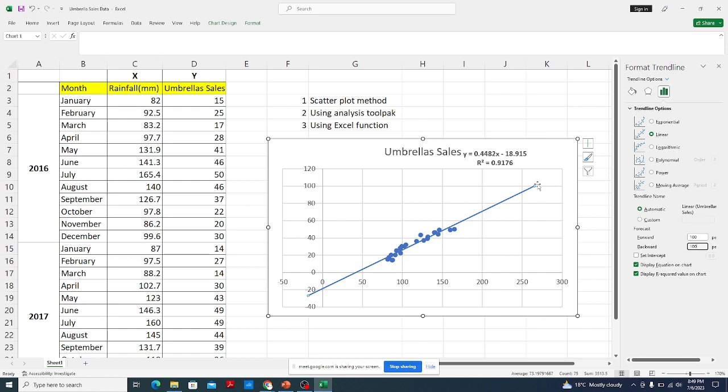So with that you can see we've extrapolated our line, and you can see it is cutting the